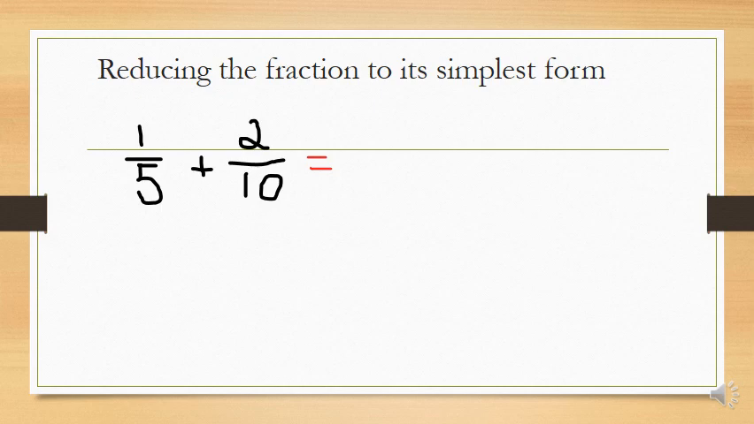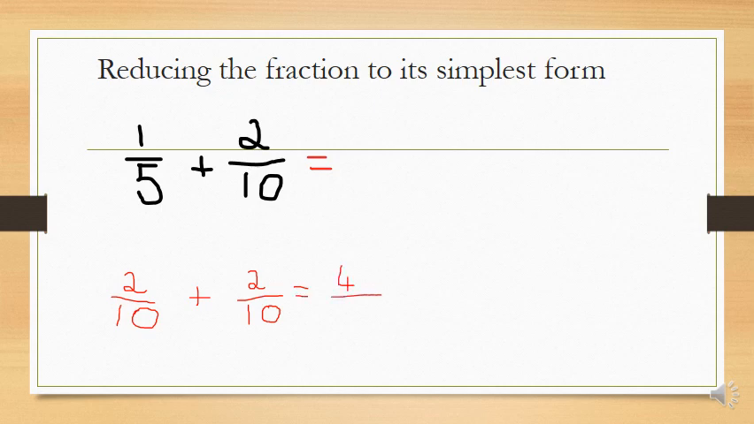So let's have a look at this fraction here. First we're going to find a common denominator. We can clearly see that the common denominator here is 10. So this one obviously stays as 2/10. This one we have to change a little bit. To get from 5 to 10, we multiplied it by 2. We've got to do the same to the top. So 1 times 2 is 2. And then we simply add the numerators, which gives us